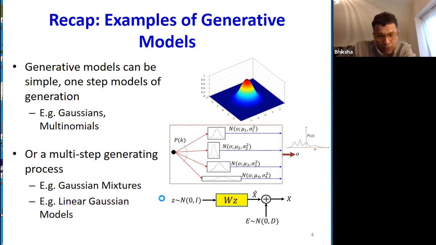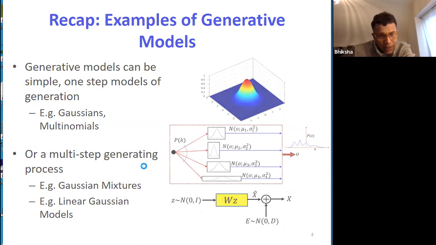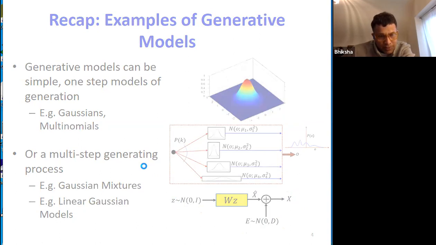It's linearly transformed, so the result of the transformation is Gaussian, and then you add some Gaussian noise. So the entire thing remains Gaussian. I fear my machine has frozen. So I'll wait a few seconds. I may just have to reboot PowerPoint.